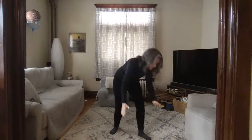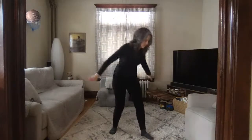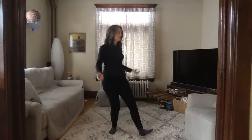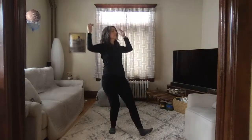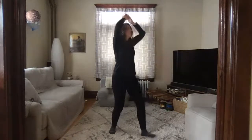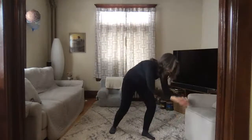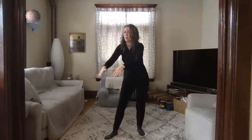Exhale, step back to center and inhale and exhale to the other side. Step back to center. We'll inhale and pushing waves. So exhale, hands push forward. Inhale, drawing them back to the body,